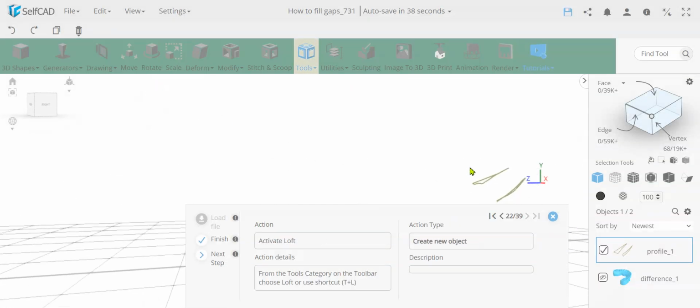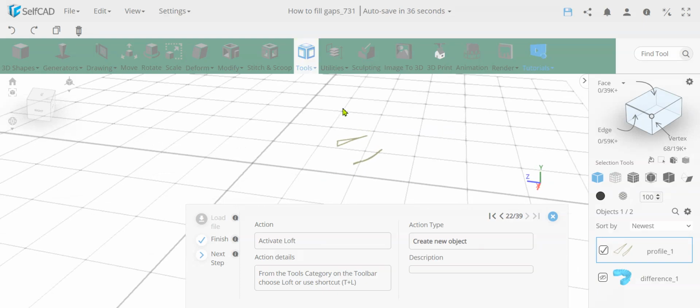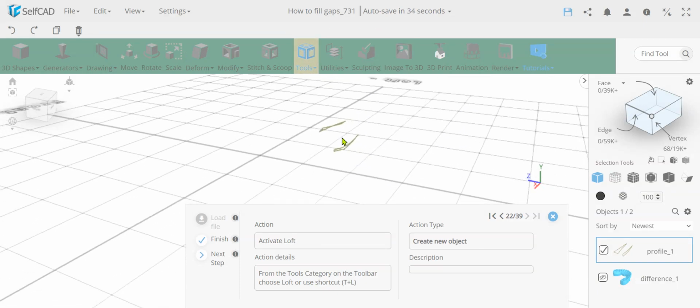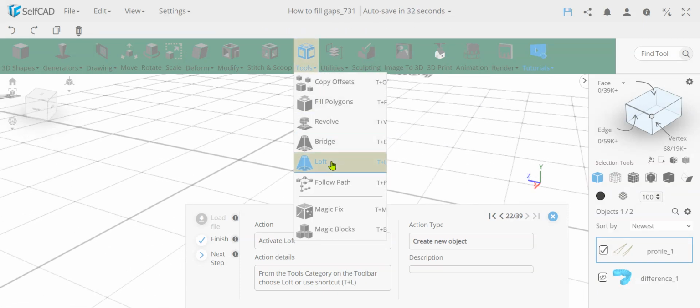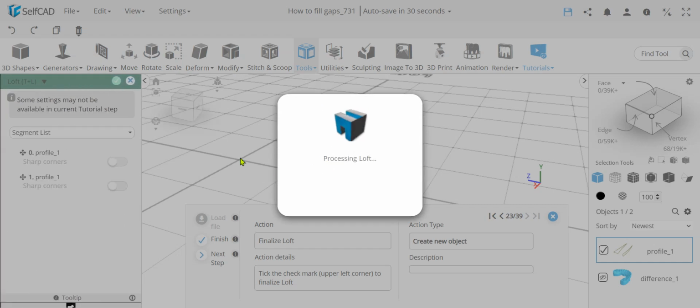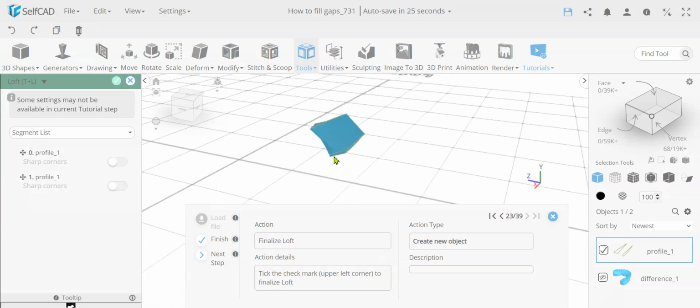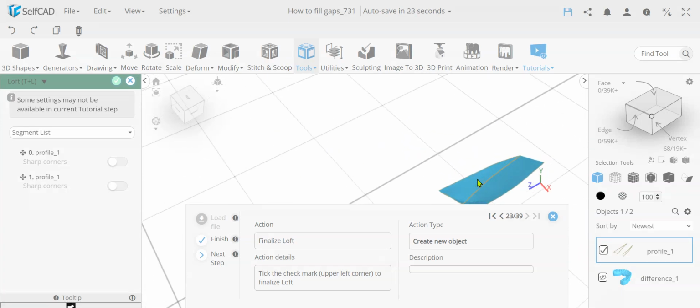Okay, so now once I have these profiles, I need to fill them, and there's only one tool in SelfCAD that can completely fill them, and that's Loft. And the reason is because there are very few tools in any 3D modeling software that can fill a complex twisted geometry. And the twist here, what I mean is,